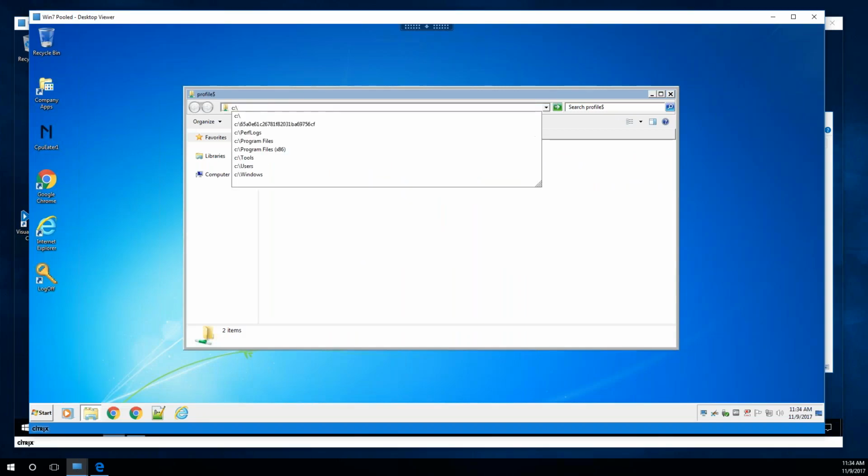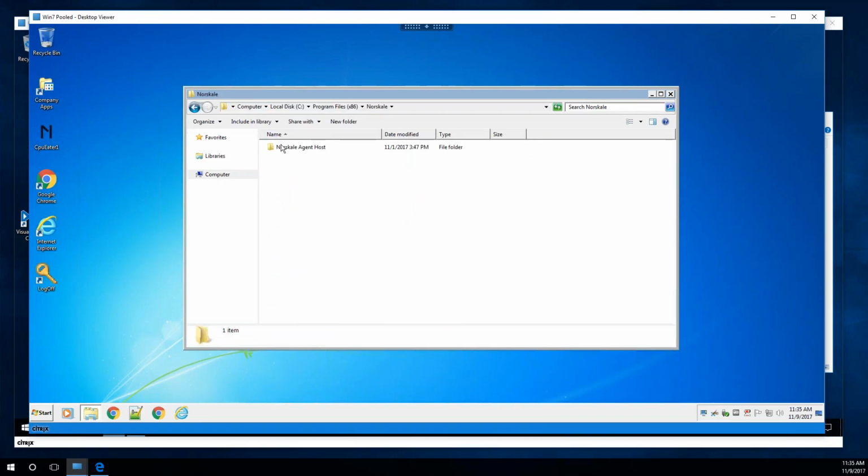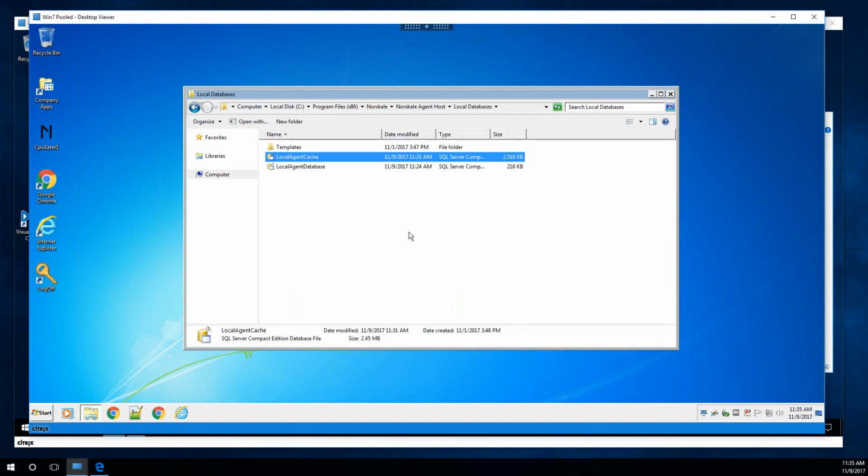And if then the broker goes down, the client also has a cache, right here. So that is also a cache of what comes from the broker. So the broker has a cache, the client has a cache, therefore if your database goes down, everything continues to work. If you go offline, everything continues to work.